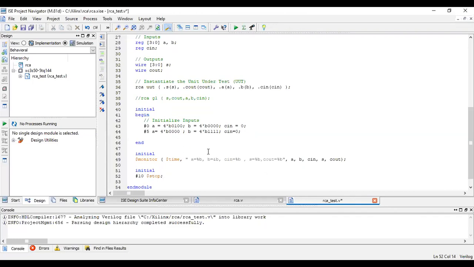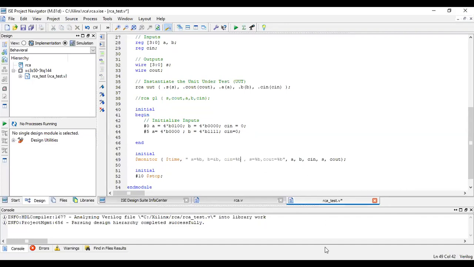Now I would like to mention, what is this percentage B? Percentage B represents the results are in binary format. Percentage D will represent the result is in decimal format, percentage O will represent octal format, and percentage H will represent hexadecimal format.